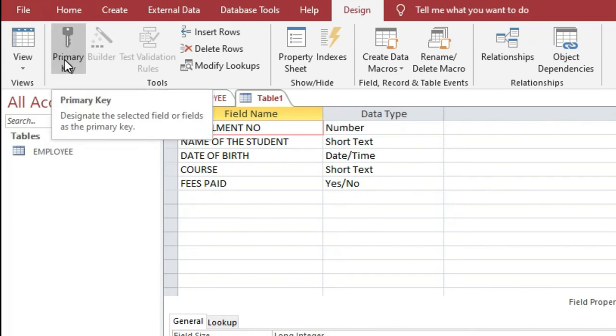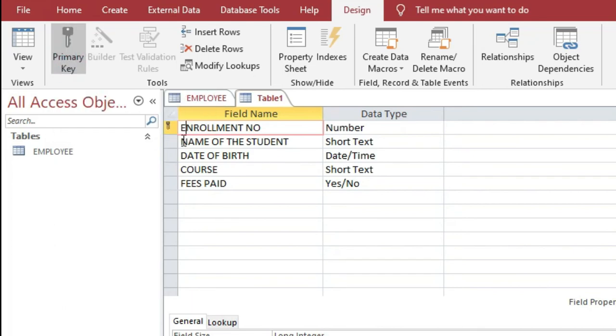Now click on the primary key button. If we have clicked the primary key button, a small key icon appears on the left side of the enrollment number field. The presence of this icon shows that the enrollment number is the primary key field in the table.